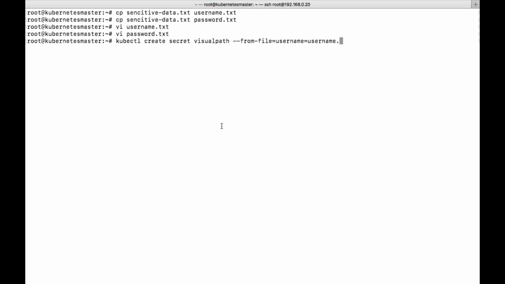This is how we give it. I can pass multiple from files. For password I'm passing the password file, and for username I'm passing the username file. For both of them I'm creating new keys. I don't want to give the file name as the key.